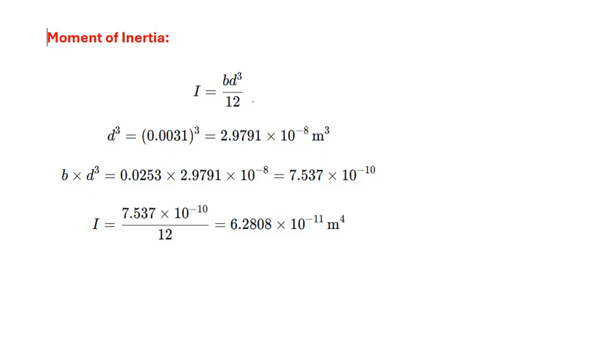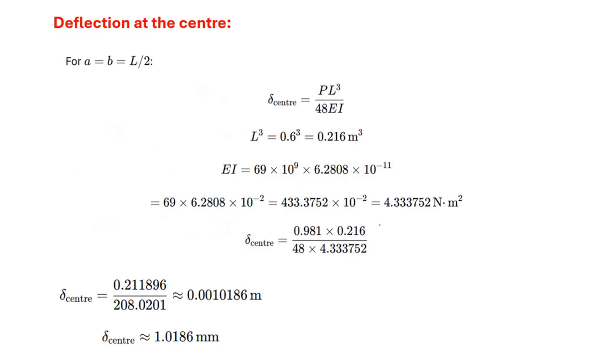Now, first you calculate the moment of inertia, which is very simple, B d cube by 12. Substitute the values of B and D, you end up with 6.28 into 10 power minus 11 meter power 4. Now you substitute A equal to B equal to L by 2. Delta at the center is PL cube by 48 EI. So substitute L cube, substitute EI, and finally you get delta at the center. The value comes around 1.0186 millimeters. First you get the value in meter, then you convert it to millimeters, and the value is around 1.02